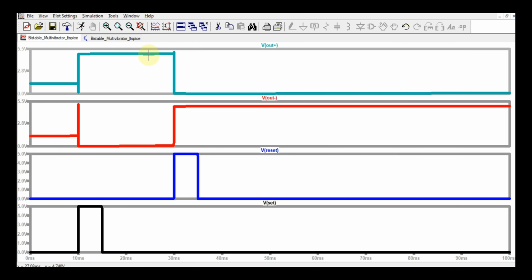As you know about the bistable multivibrator, it has two stable states. So let us say if you apply the set trigger pulse, it holds the high state until you apply your second trigger pulse, that is reset. And once you apply your reset trigger pulse, it goes down and holds the low state. That is how you can say it is a kind of set and reset flip-flop, and it holds two states, one high state and one low state. It depends on your V reset and V set timing.